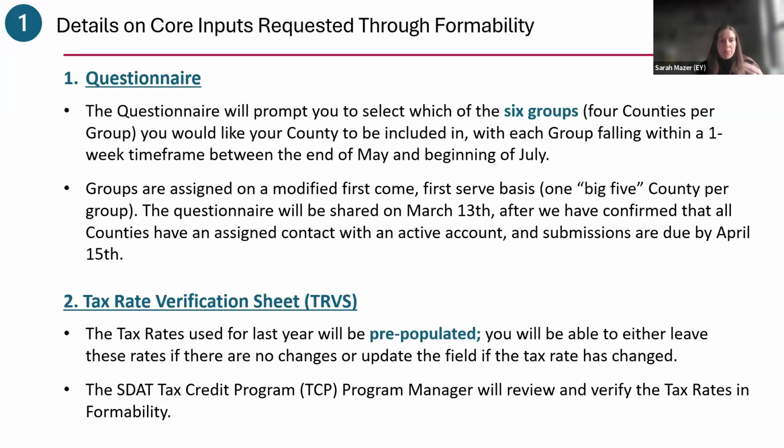Next is the tax rate verification sheet. This will be populated according to what group you select and are assigned to. This sheet will have last year's tax rates pre-populated. If there are no changes, you'll be able to leave those, and then you'll have a verification at the end of those tax rates. Or if there have been changes, then you'll just be able to update those tax rates directly in the form. Those tax rates will then be sent to the SDAT Tax Credit Program Manager, Mark Schell,